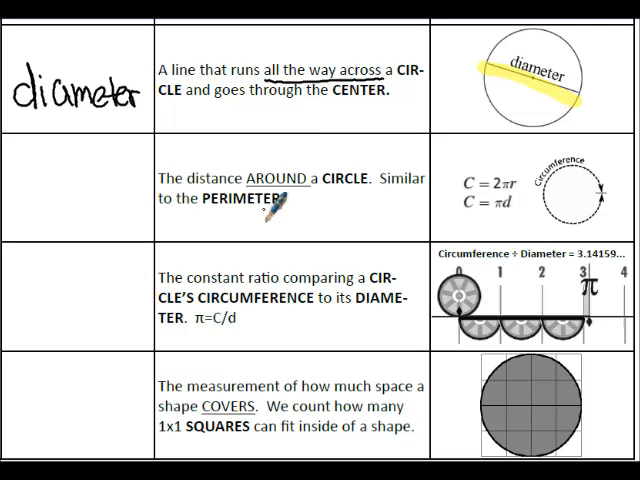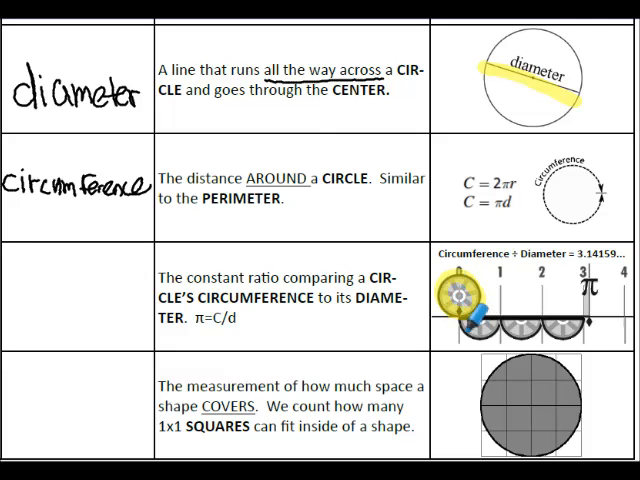Now, if I wanted to know the distance around a circle, and it's similar to the perimeter, I'd go all the way around the circle, and when we're finding the perimeter of a circle, we give it a special name, and it's called the circumference. Now the constant ratio that's comparing that circumference that goes all the way around a circle to its diameter